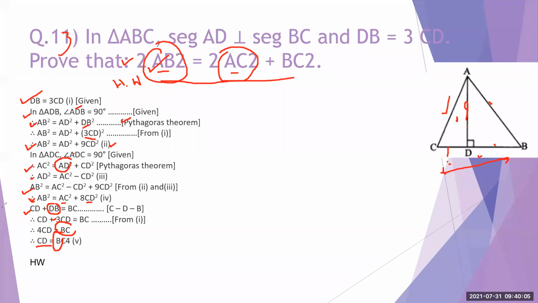BC तक आने के बाद वापस वही सारी वैल्यू आपको इस equation में put करनी है. This one, AB square, इस इक्वेशन में आपको उसे पुट करना है. After putting, you will get AB square is equal to AC square plus 8 into BC square. ये आपको यहाँ पे मिल जाएगा. BC upon 4 times, whole bracket square. तो उसको solve करो, you will get our given thing. जो आपको prove करना है वो आपको दिखेगा.